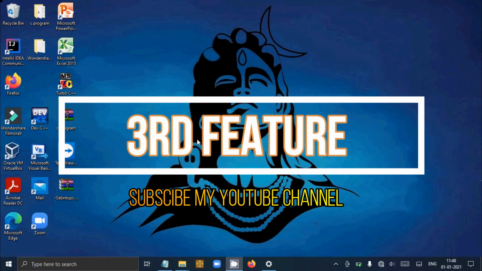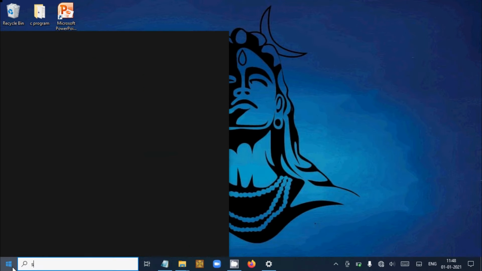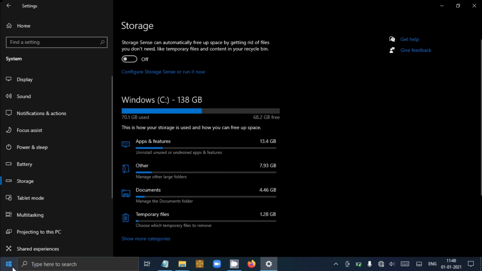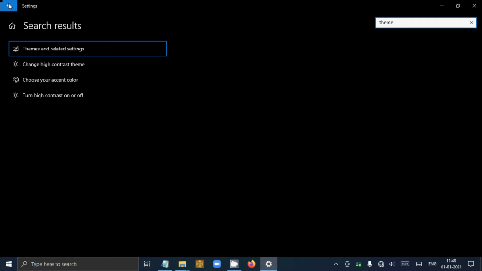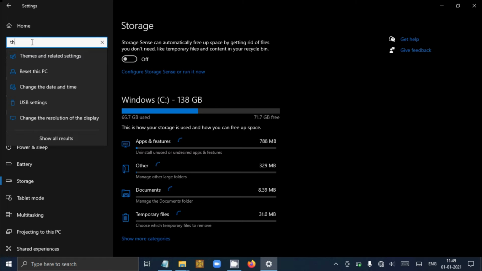This feature I really love in Windows: go to settings and dark theme. Search for theme. It is only available in Windows 10. Theme setting, theme and related settings.